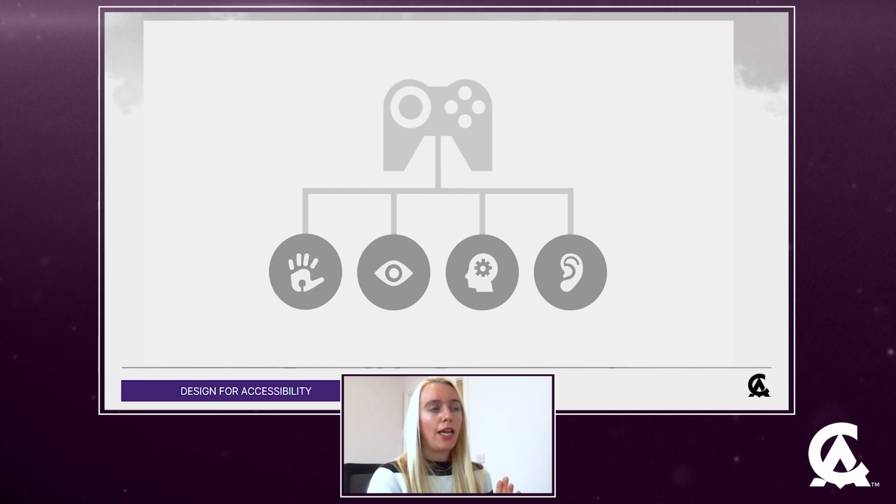And another way is that not everyone has super good eyesight. A lot of us are using glasses or contacts. But there's also a lot of people out in the world that are colorblind in different ways. And we need to design the game so that they don't have problems playing because they didn't see a certain color sometimes. So that's one way the UI and color needs to be addressed. And some other things,